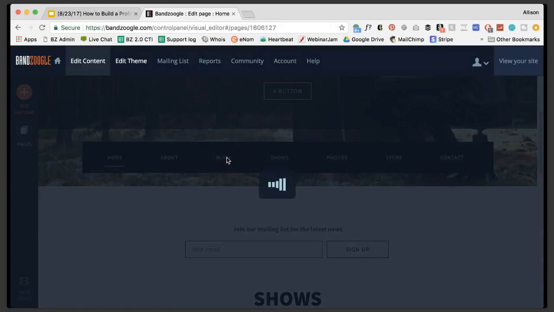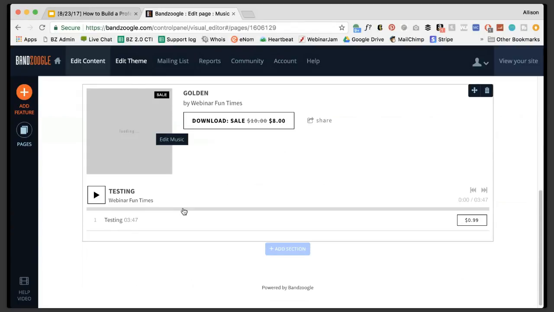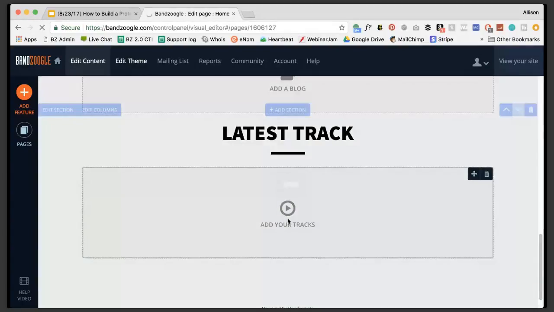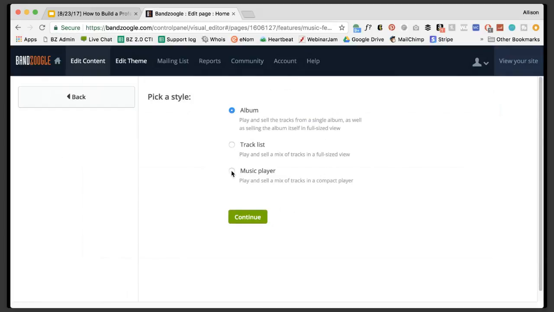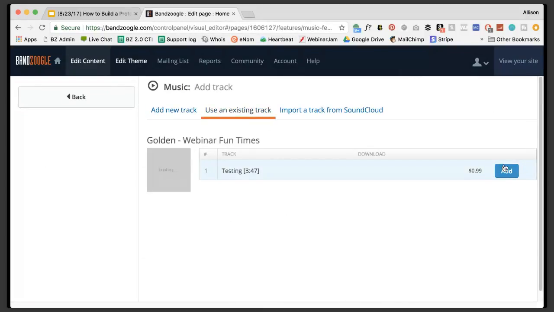You'll see on the music page that there's the album and there's one track in that album. Now we can click on latest track, add your track. And then let's just say we're going to use the music player. This is a compact player. I want to add a track and I can easily add it. So now it's in my playlist. And so if I view my home page,